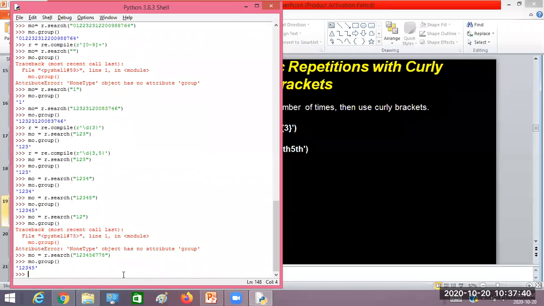So you are going to get 1, 2, 3, 4, 5 as output. If you have less than the minimum occurrences, it is going to give an error message. But if you have more than the maximum occurrences, then it is limited to the maximum occurrences. Did you get this one? Yes, sir.